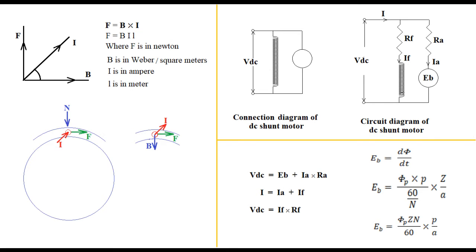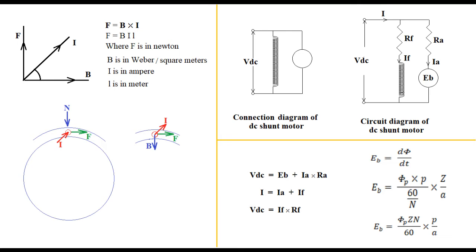A similar explanation applies to conductors under S poles, since conductors under S poles carry current in the reverse direction in comparison with conductors under the N pole. If the direction of current reverses as the conductor crosses the magnetic neutral axis, then unidirectional torque is guaranteed to act at the motor shaft.